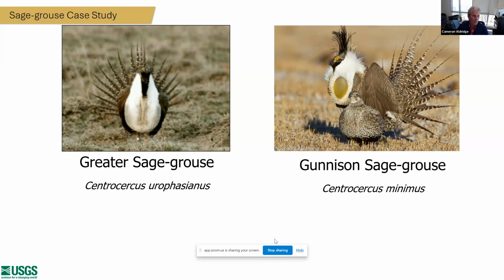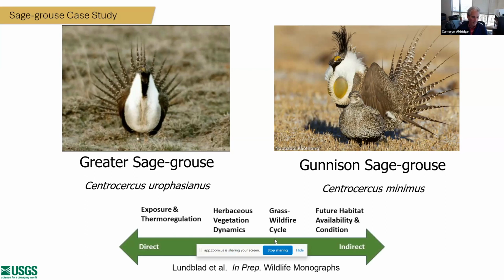So we've talked a lot about direct and indirect effects, and this is a nice graphic that Carl Lundblad prepared for a wildlife monograph manuscript, synthesizing some of the effects of climate on sage grouse in general. Direct effects are hard to track, though we do see in a lot of different cases there can be direct consequences for sage grouse: exposure, nest failure due to freezing, wet changes in climate with extreme spring temperatures causing snowstorm events, and how it can have implications for reproduction.